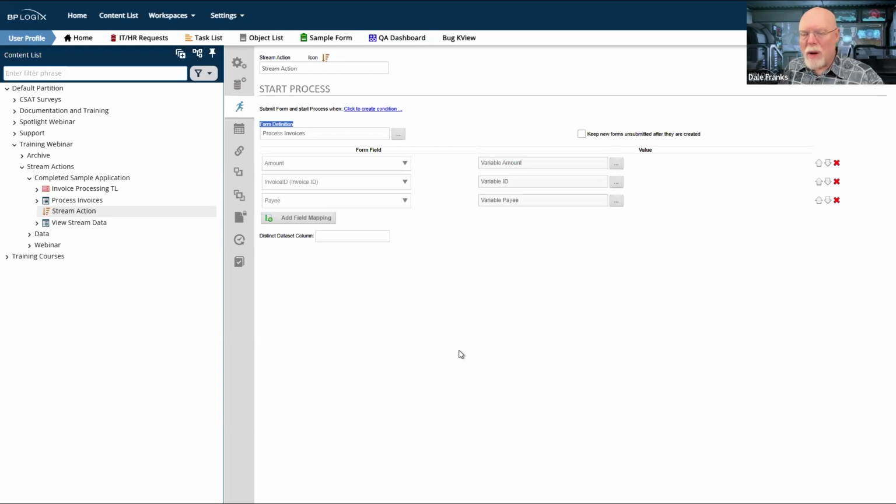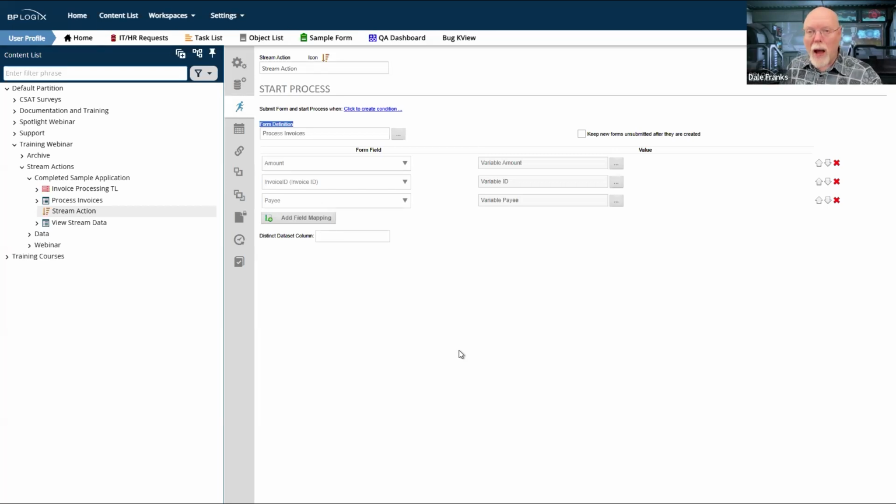What the stream action enables you to do is to have a standalone process that works like a normal process, which is to say a user opens up the form, fills out the form, and then submits the form. When the form is submitted, it kicks off the process. What the stream action allows you to do is to take that process, which starts on form submission, and replicate that, but do so by pulling in data from any accessible internal or external system.